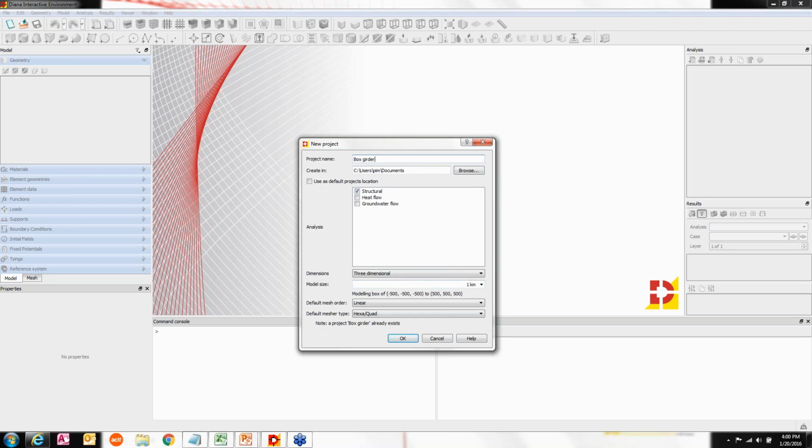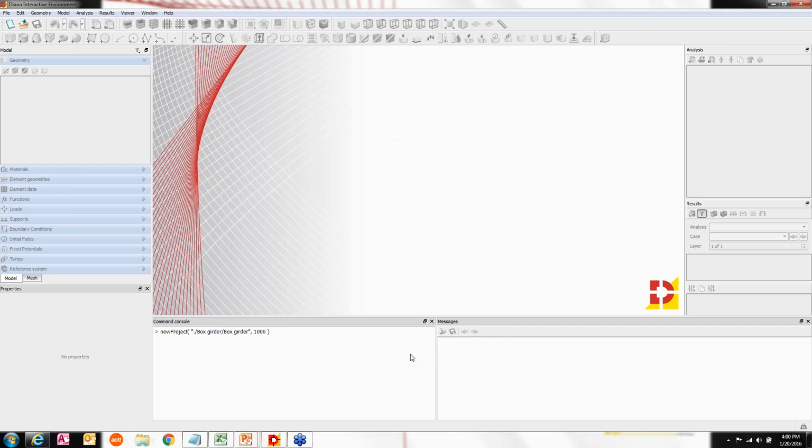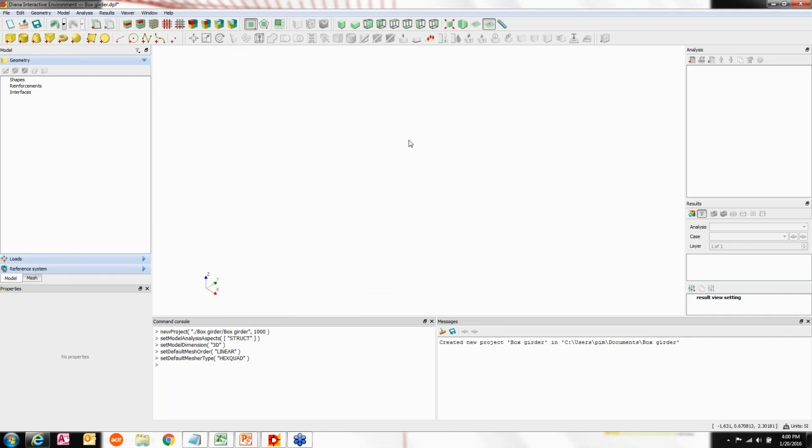And this gets stored in my documents. The type of analysis is just a structure. The dimension is 3-dimensional, so you can optimize your input and setup based on the selection of the dimension of the analysis here. The reference is basically model size, the type of elements, and the reference measure that you want to consider for this model. So I click OK, and my working environment gets